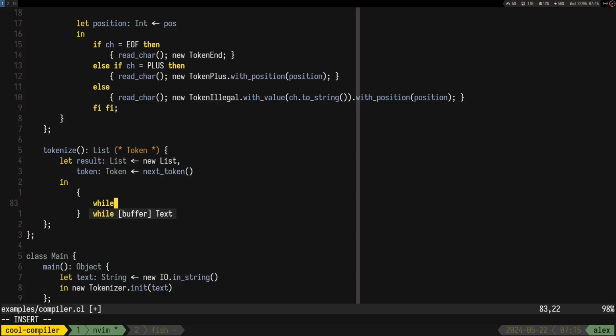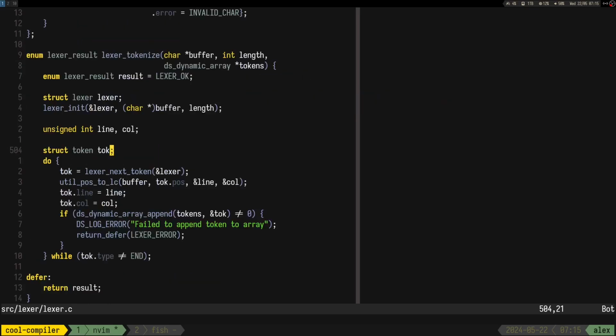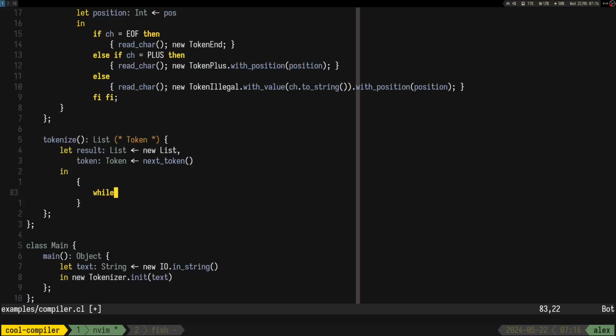So while token type is not end, yeah, we can have a case in here.